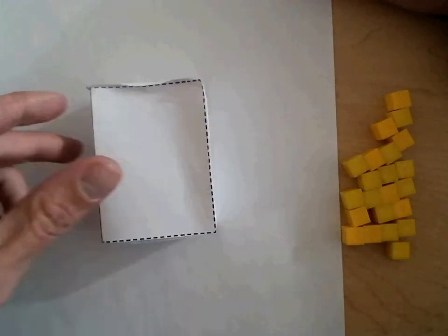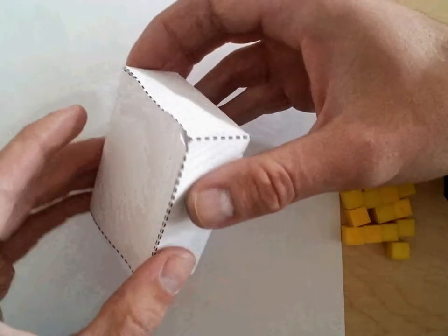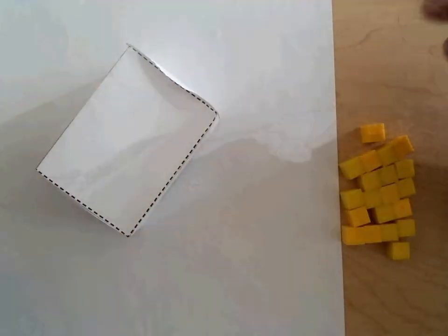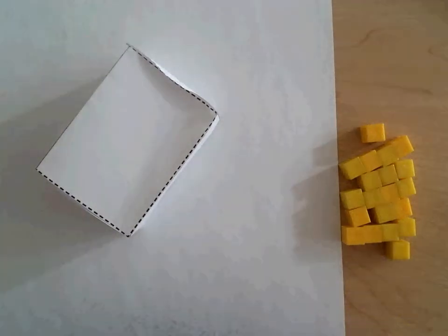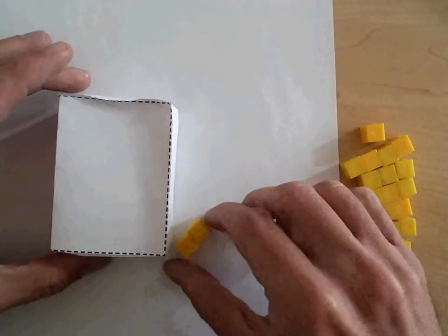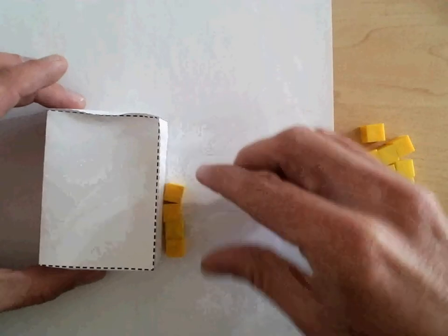Then the students had to discover, okay, how am I going to measure to find the volume? As you can see, we close this box, so we can't fit these centimeter cubes in this box and say, okay, well, there are 40 centimeter cubes that fit in this box, so the volume has to be 40 cubic centimeters. So I just gave them the cubes and said, okay, try to find the volume. They would go ahead and place the cubes right here like this,